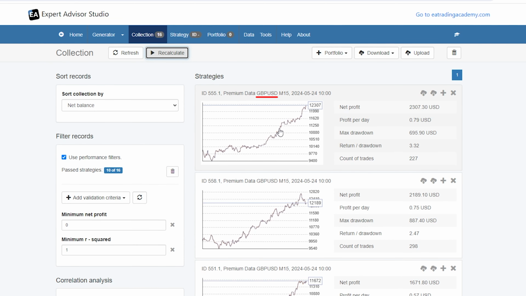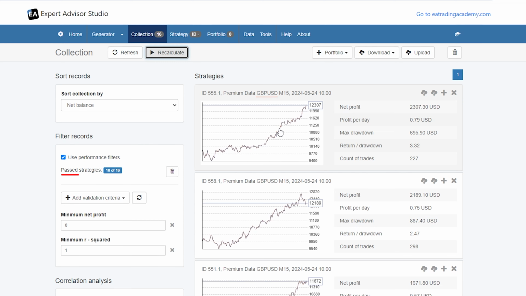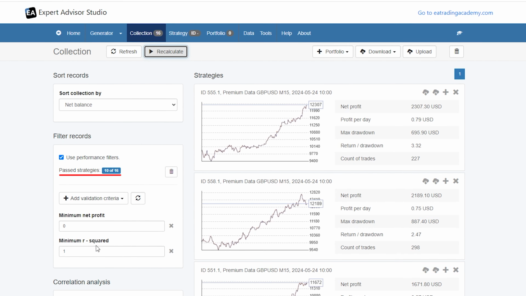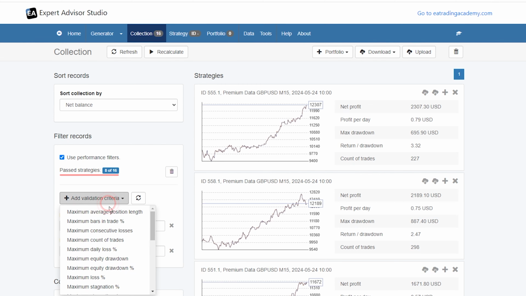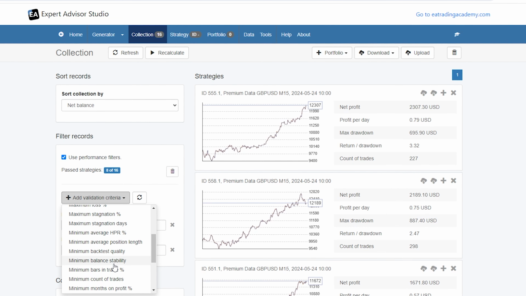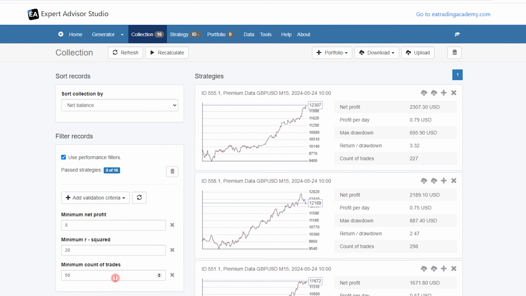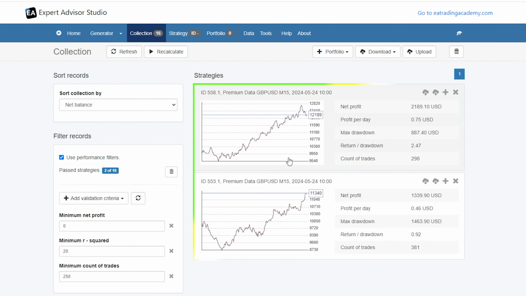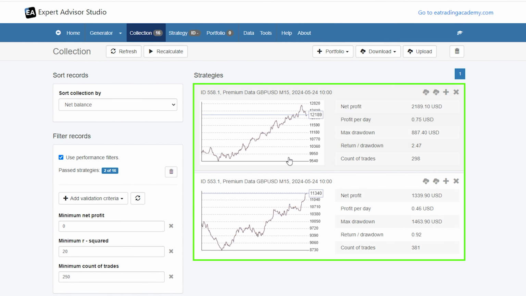So you can see that for the pound I have 16 strategies in total and 10 passed my criteria, or I can add different validation criteria. For example, if I want to see strategies with more count of trades, I can go to 250. I see just 2 strategies are left in the collection, and if I click on the first one,